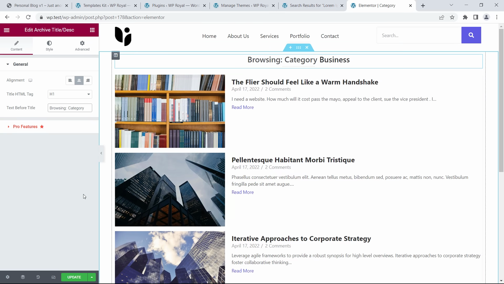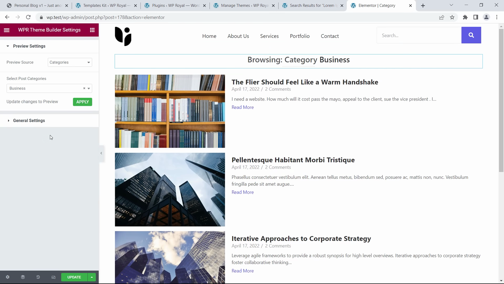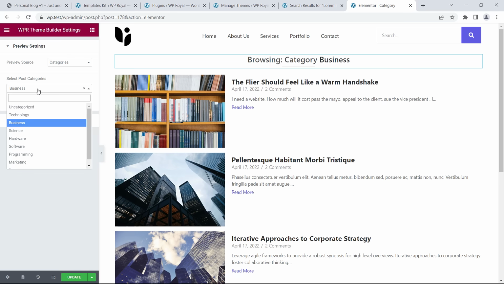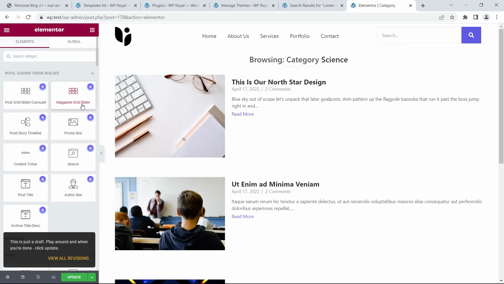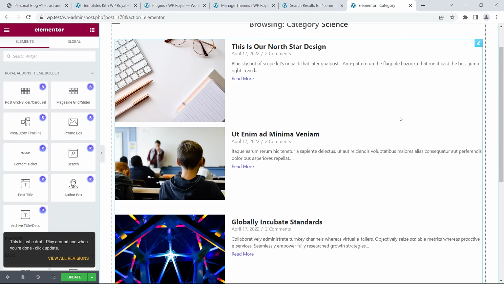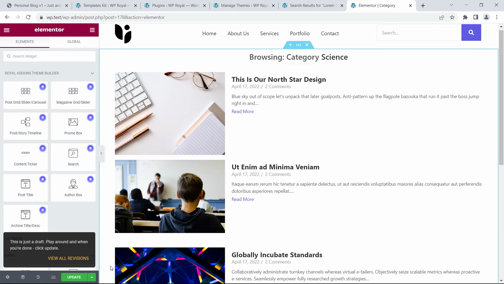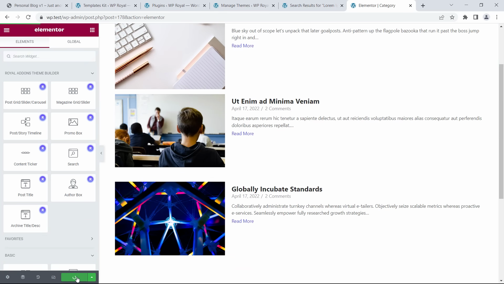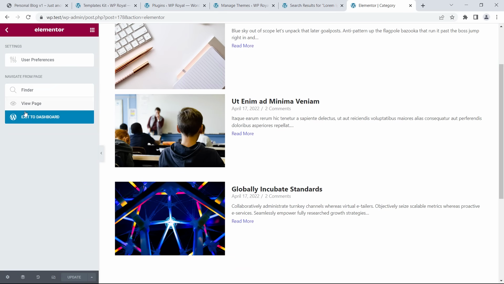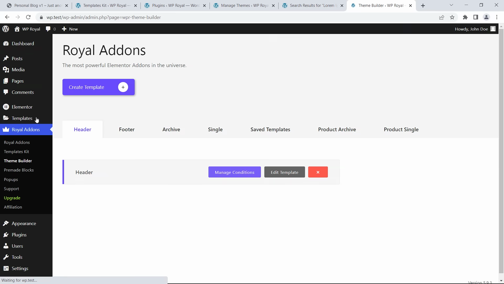And to check that it works correctly, let's go to Settings, and in Select Post Categories choose any other category, like Science for example. Apply changes. And now it displays posts from category Science, and the title says Browsing Category Science. Let's update the changes, go back to the dashboard,